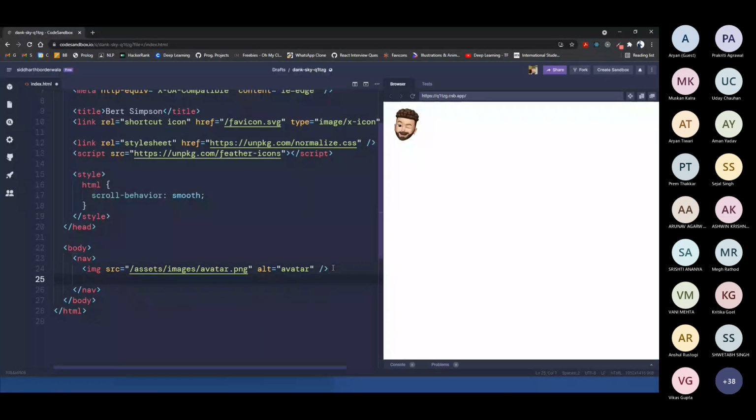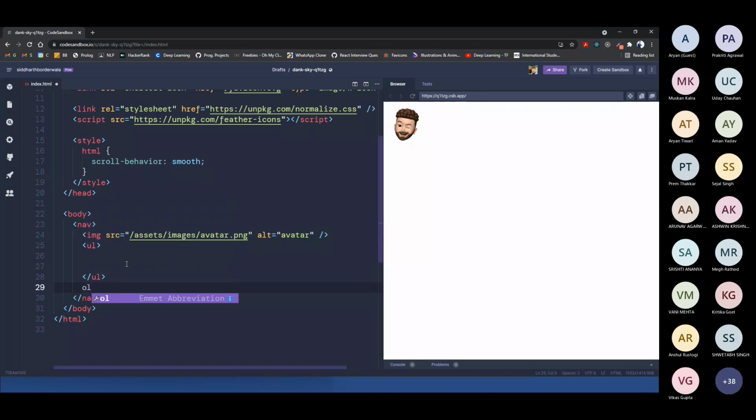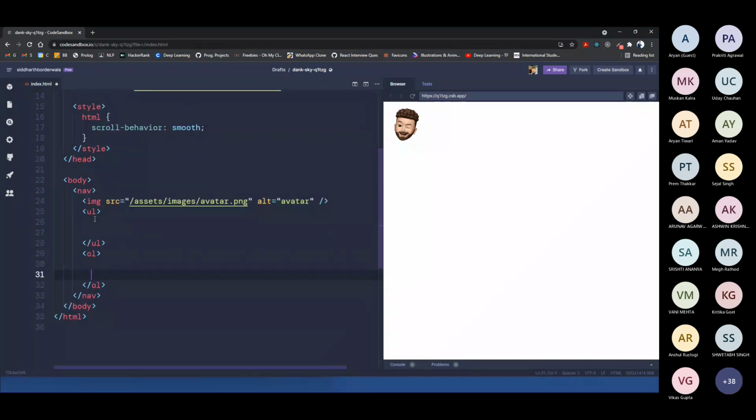Now we have a series of links. So we can think about those links as a list. So the UL tag. The UL tag is an unordered list. So we have two types of tags for lists. We have a UL and another one is OL. So UL is an unordered list. OL is an ordered list. So you will use an ordered list when you want to signify the order of the points inside the list. For example, if you're showing a recipe on a web page,